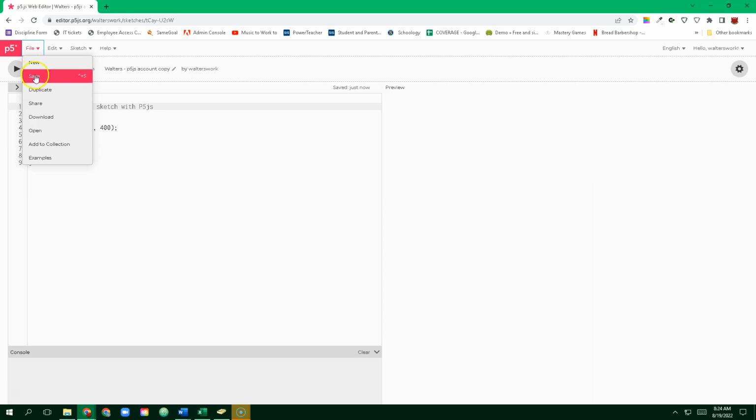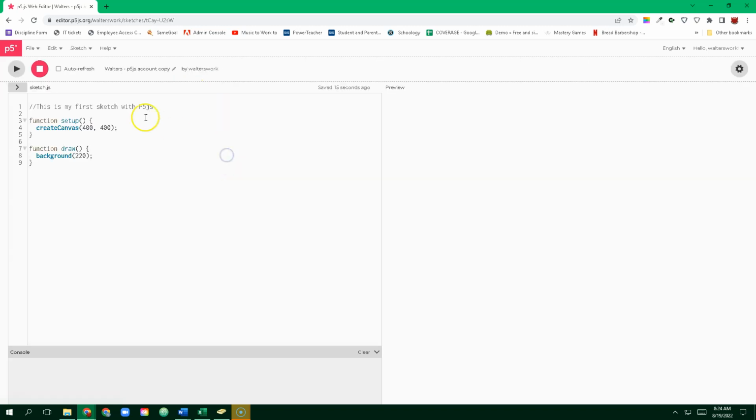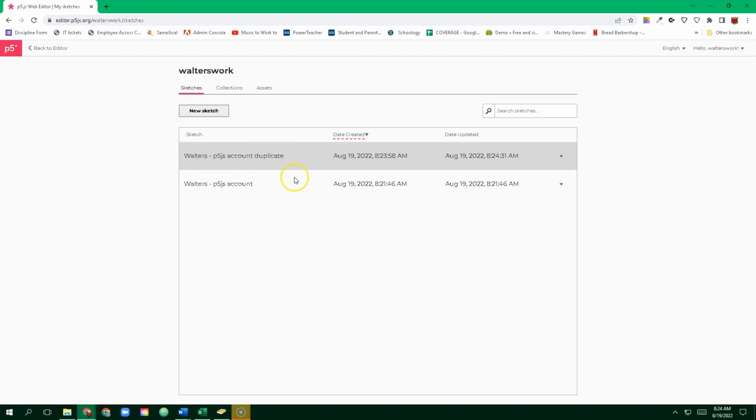If I show you what that looks like, I'm going to go ahead and save it just so you can see. Okay, now I'm going to go ahead and open so I can look. I have 2 sketches. One just says P5js account, one says P5js account copied. They look exactly the same right now. Okay, now when I'm looking at it here, I can go ahead and open this one. I want to rename this, and instead of copy, I'm going to write duplicate. Click Enter. It saved it as there. I can now see my new one has the duplicate on here, and this one has different. So when I go in here,